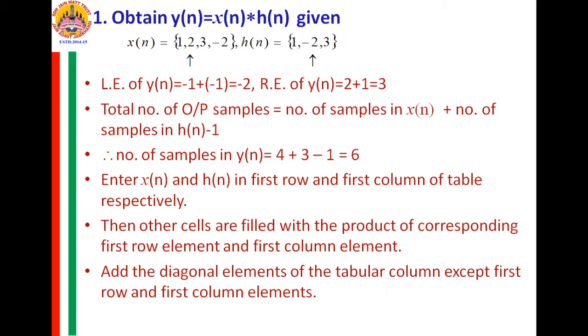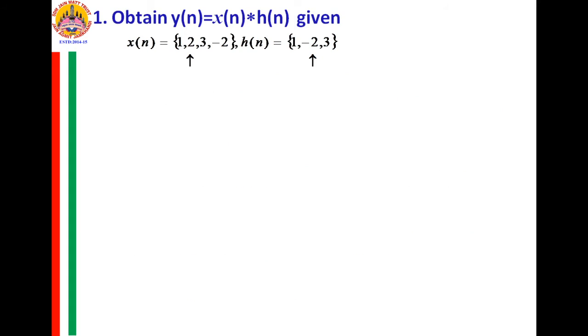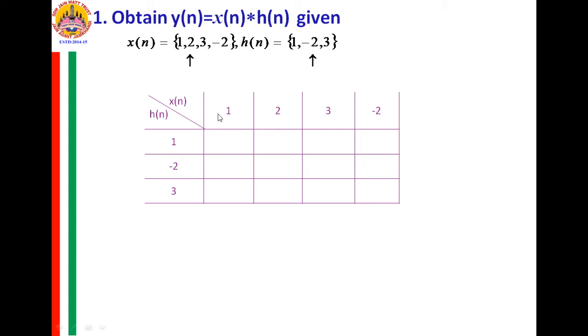Then you will obtain the output y[n]. So, let us see it by this example. See here, I have entered the signal x[n] in the first row and the signal h[n] in the first column. Now, in each cell,